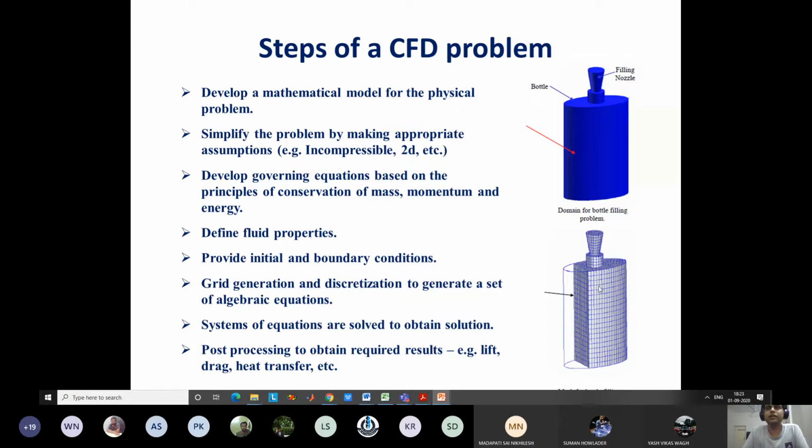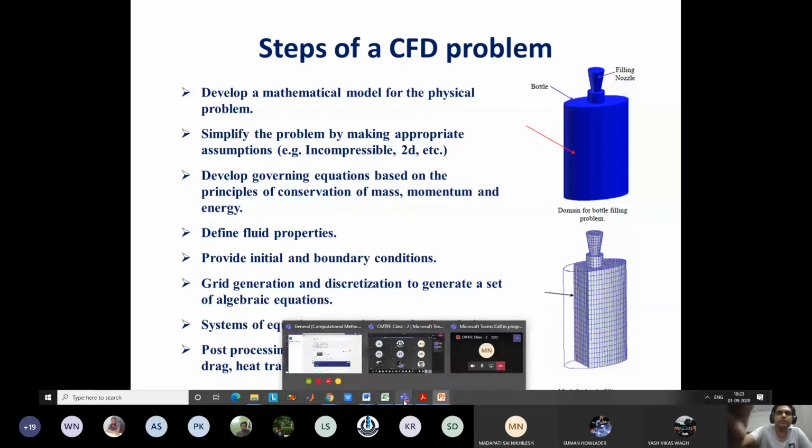Some other algorithms will not run at all for a coarse grid. It will just blow up. It means the solution will become some random new values, like the value will increase to something like a million, then a billion, then infinity, or the temperature will go negative in Kelvin, which is not at all physically correct. Okay, so it depends on the solution algorithm that we are using.